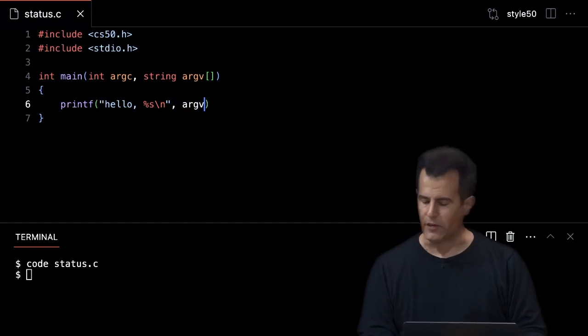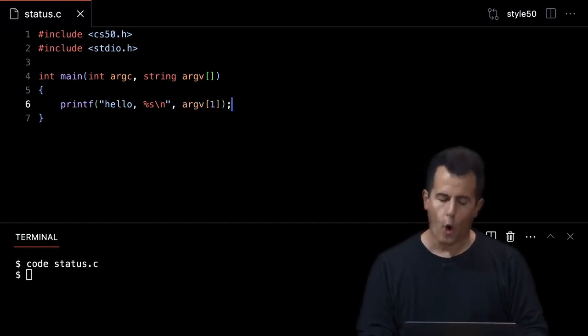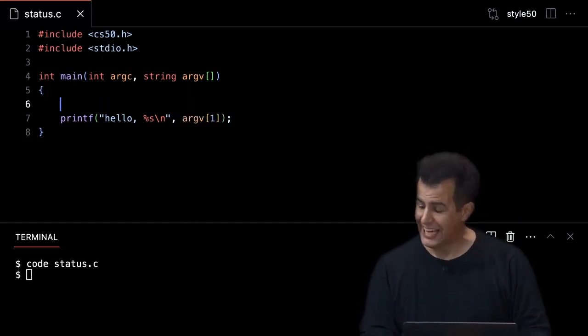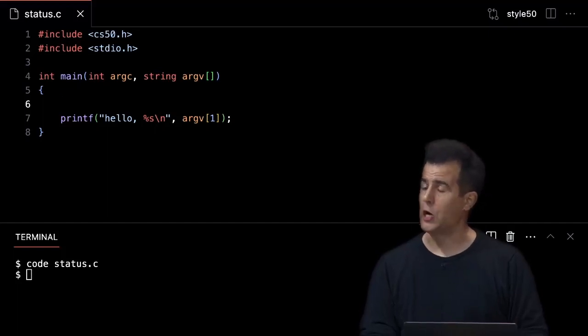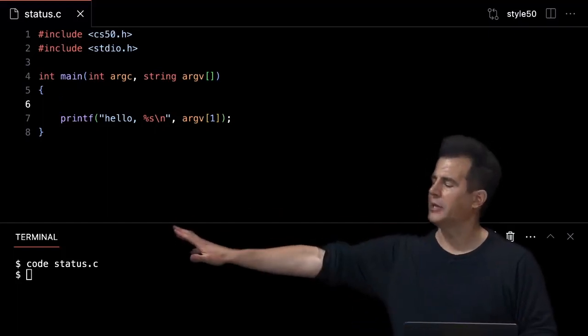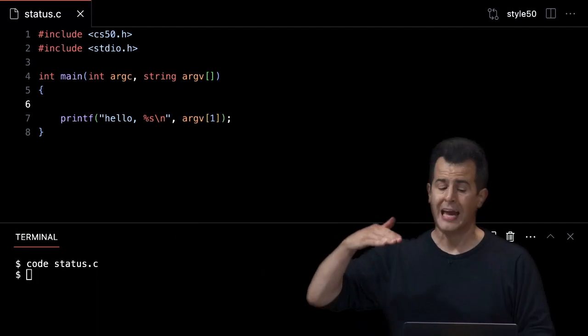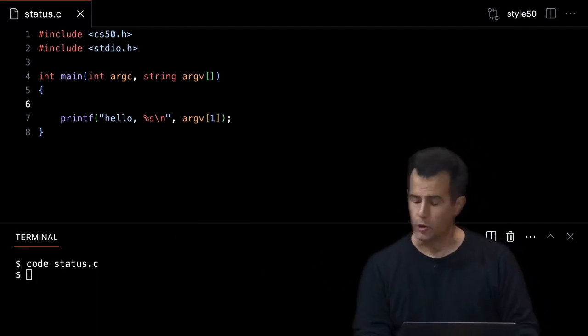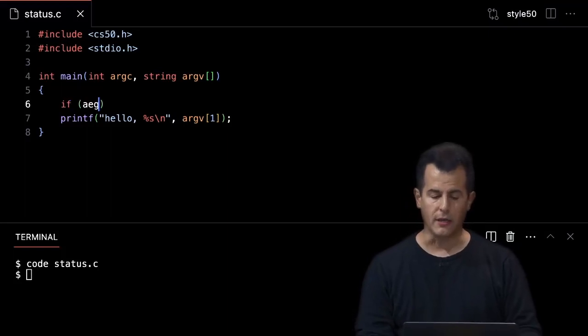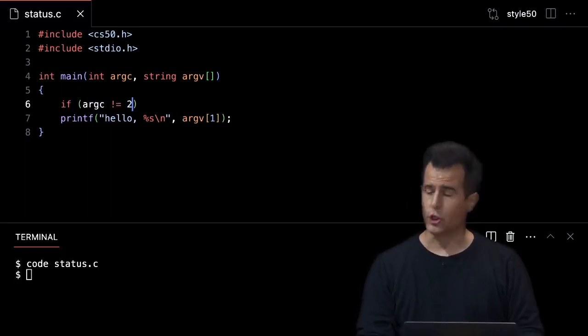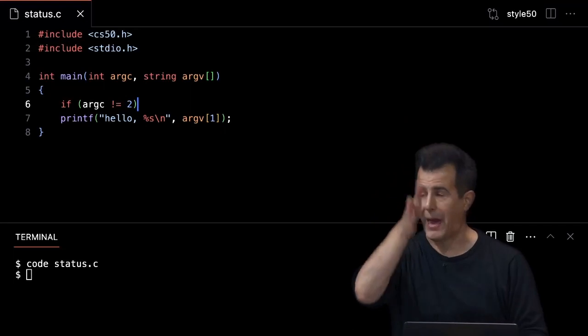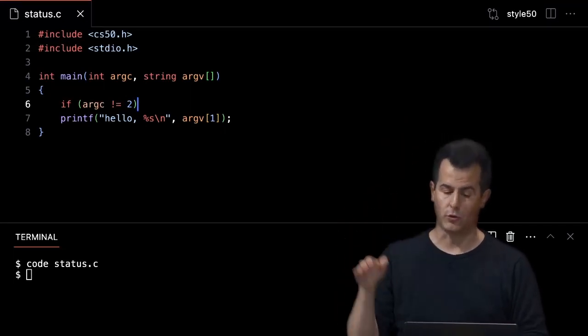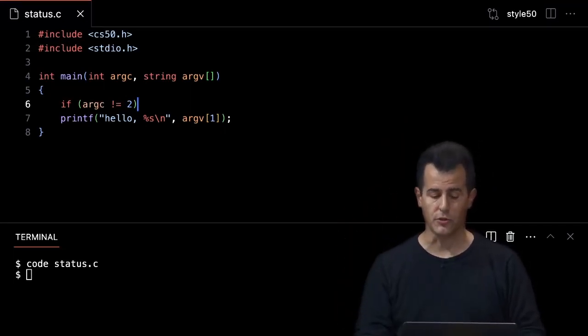Then let's print out argv[1]. But I only want to execute that line if the human gave me a command line argument. Otherwise, I don't want to even say some default like hello world. I just want to abort early and just exit the program. No output whatsoever. So I could do this. If argc does not equal 2, and it's a single equals, but it's a bang. An exclamation point means not equals. So this is the opposite of equals equals.